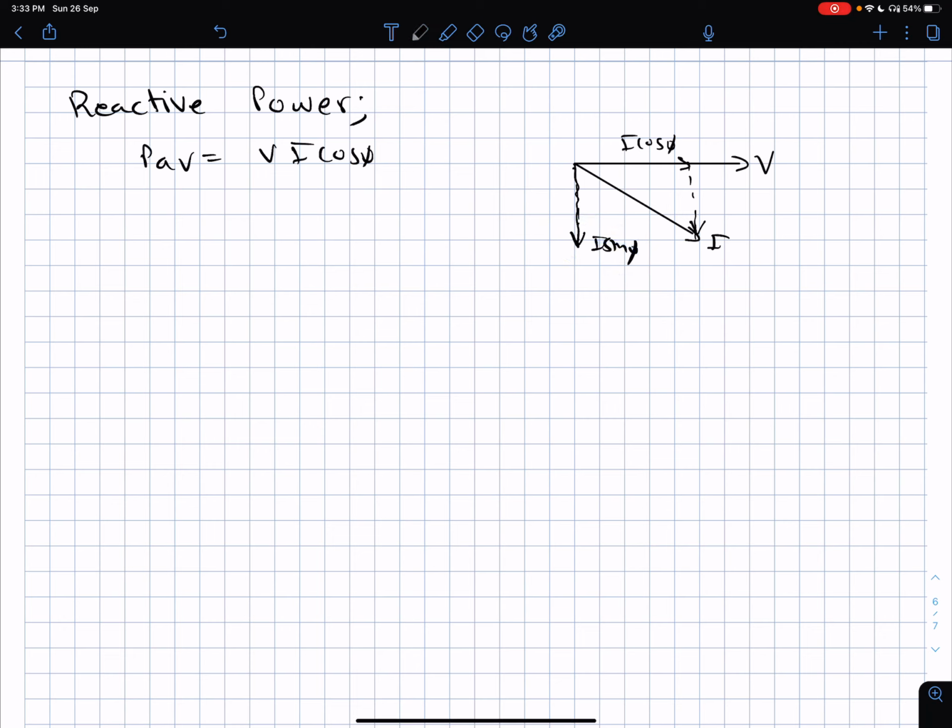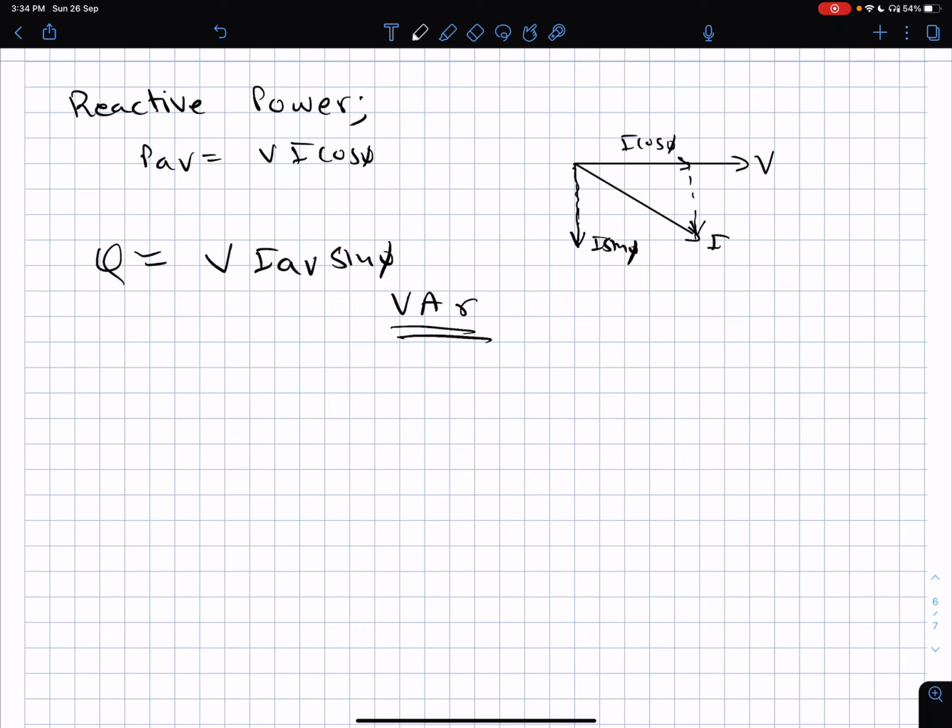So this thing which is lost, this effort we could not gain, we could not achieve anything from this component, the voltage and the quadrature component of the current to the voltage waveform. This is called reactive power. So I'll write Q in small, product of voltage and current, and Q indicates the reactive one.